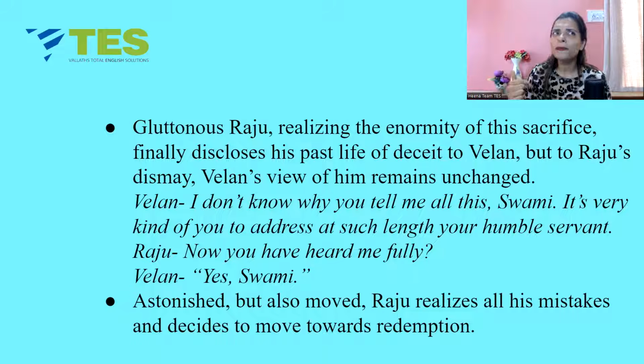I told him how I was not a good guide. I used to play with facts. I told him how I was not a good stage manager. I played with Rosie's feelings. I gave her a very tired life. How I had an extramarital affair with that woman. But then Velen is like, no, Swamiji, you spoke to me so much, I have become blessed. Astonished. Look at the superstition, the superstition which was the root of Indian families then, the villages. I hope we're coming out of it now.